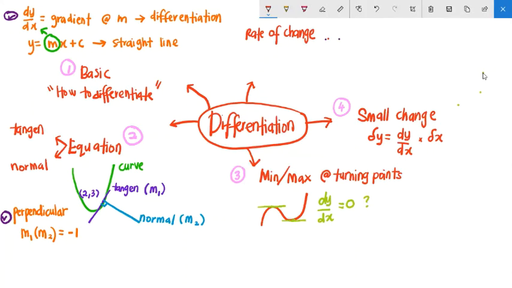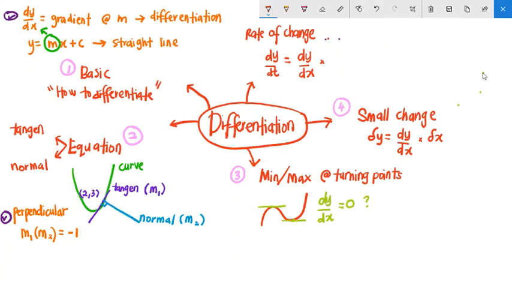Okay, so rate of change ni yelah, usually dia punya it's all about time. dy over dt, okay, rate of change of y is equal to dy